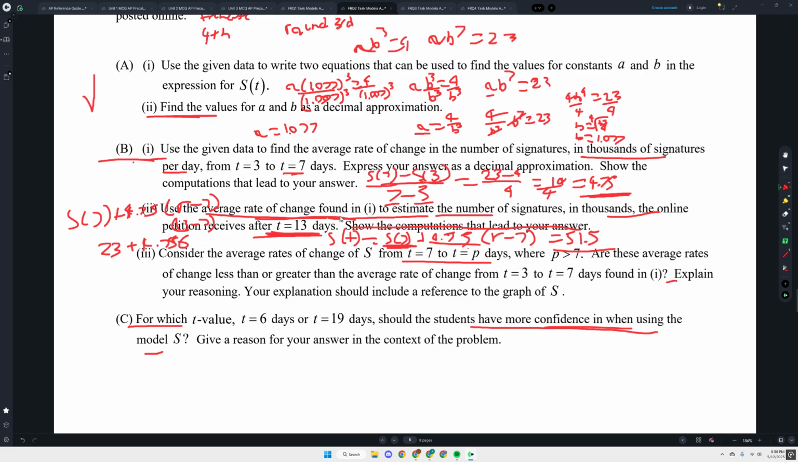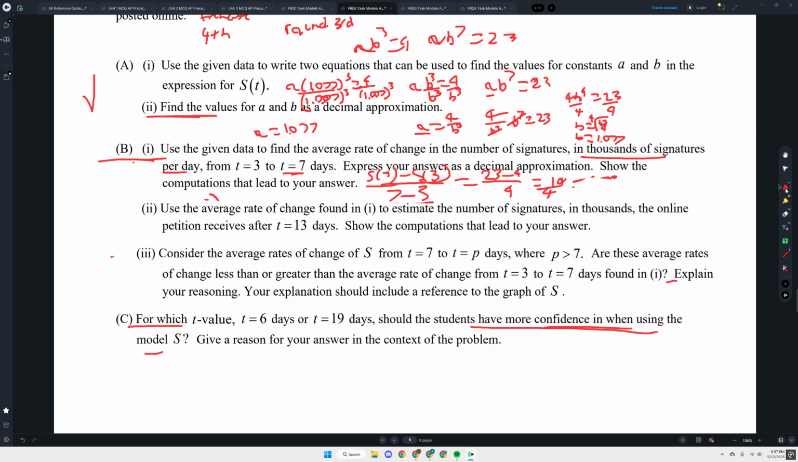B of II. So it says estimate the I'll just erase. It's easier to start from the beginning. It depends. So it says find the average rate of change using the value from before. So first,